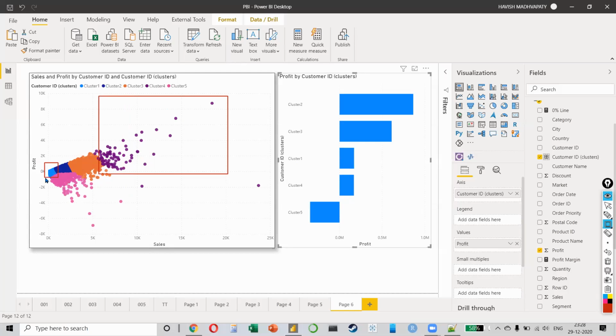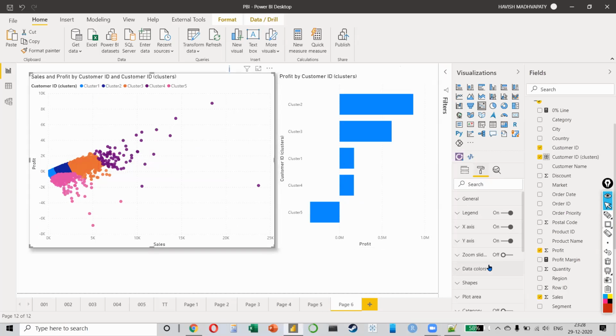So as a business, think about it. Which is more important to you? Do you care about customers who are individually generating higher profit, or do you care about the cluster that is overall generating a higher profit for you? It's an easy answer, no? That's where a lot of people, if you don't do cluster data, if you just look at it visually, it's very misleading because everybody will focus on these people without realizing that we should probably not neglect these people at the bottom because there are so many of them, right? And overall their profit, if you notice, cluster 1 profit is 1.69 lakhs, almost the same as cluster 4, 1.67. This and this is equal, right?